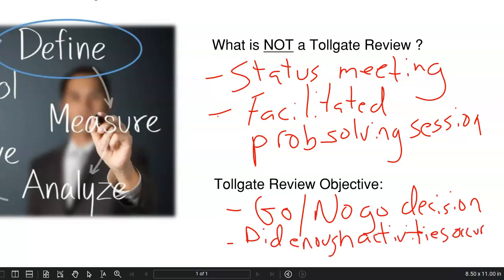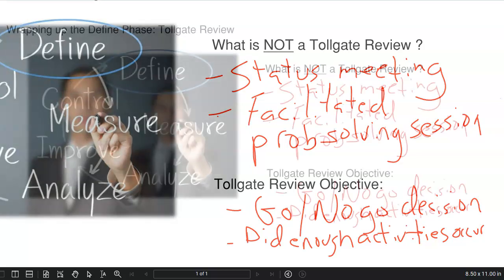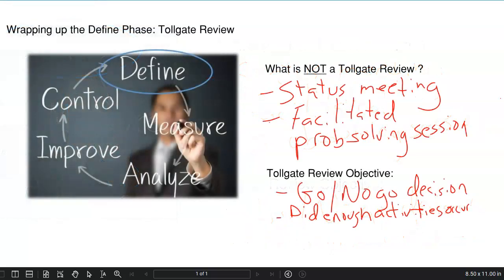did we perform enough activities and group problem solving, and is our investigation for this particular phase complete enough to the level of satisfaction for us to make that go, no-go decision? Typically what we're doing is we're reviewing our findings and then making decisions on moving forward. So let's now take a look at what are some of the artifacts that I'll typically bring to a Tollgate review meeting, and go over some of the common discussions and decisions that are made as a result of a